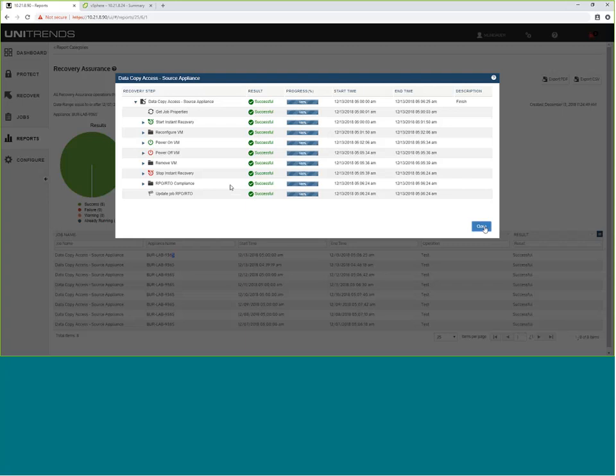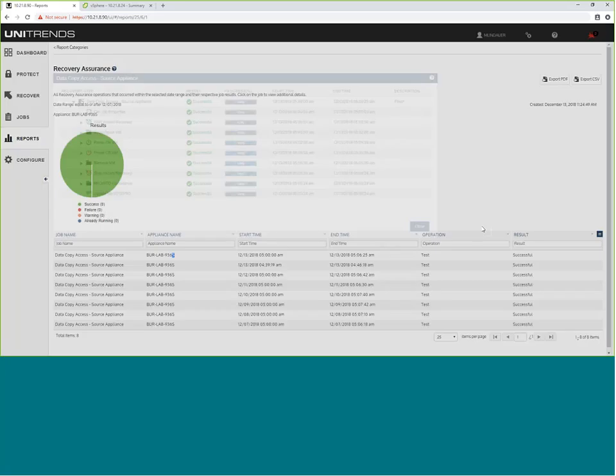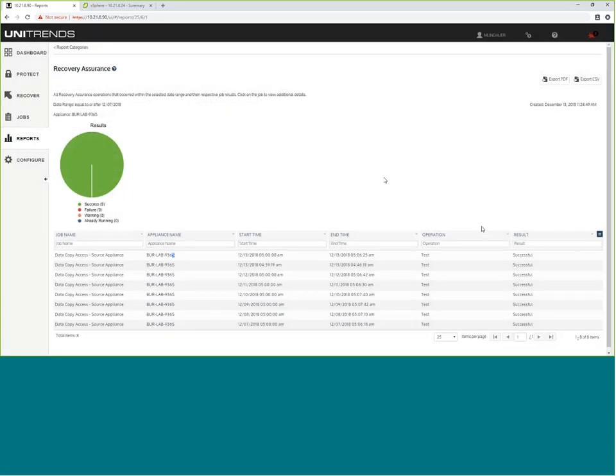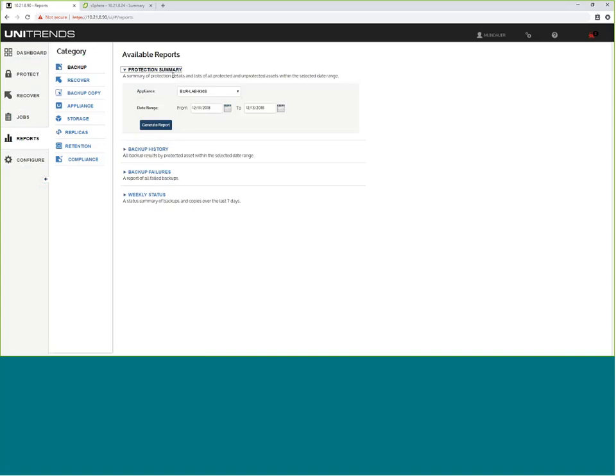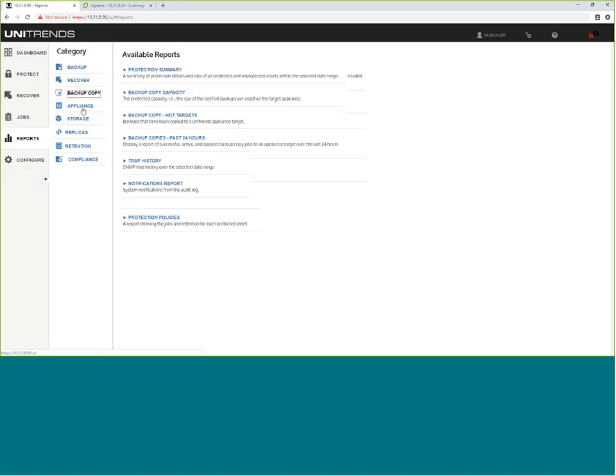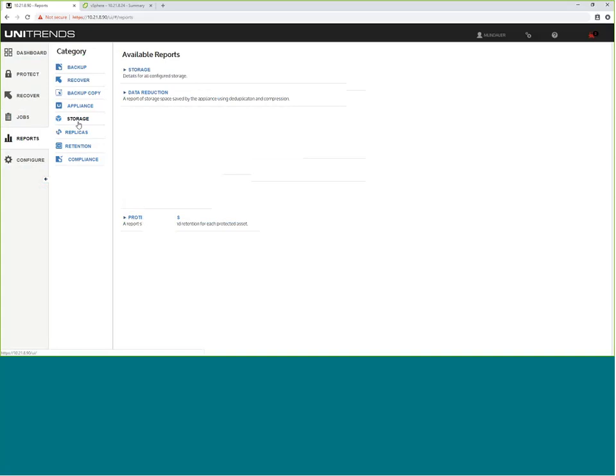This goes far beyond what other solutions in the industry are doing in terms of, say, screenshot verification, where they'll shoot you a screenshot of a booted machine. Hitting a hung login screen is great, but actually diving into that operating system, accessing the applications and validating that is incredibly important to ensure recovery will occur. And just to highlight, there's a lot of different reports generated within the solution. You can customize the dates, the columns, and then export each out either to a PDF or CSV, as well as automatically include these reports on email notification.